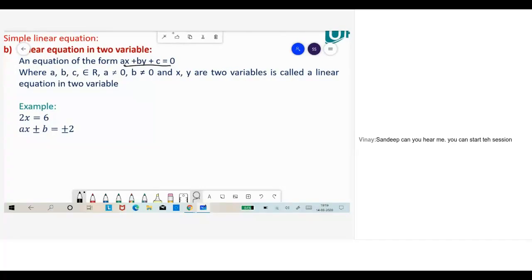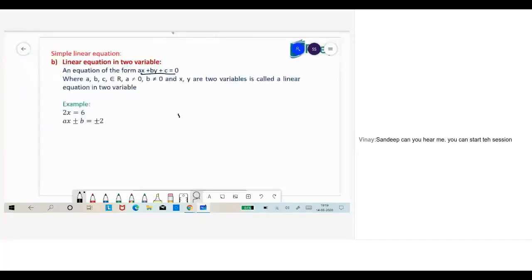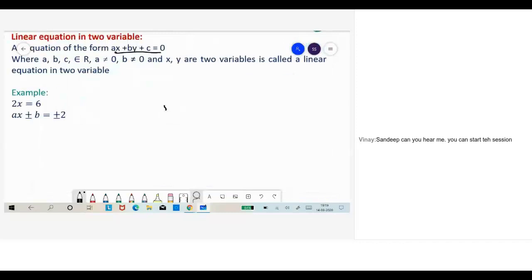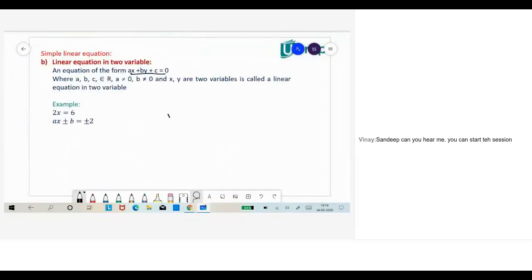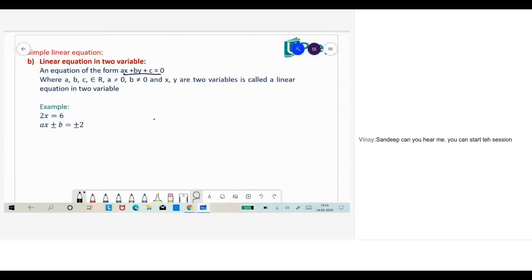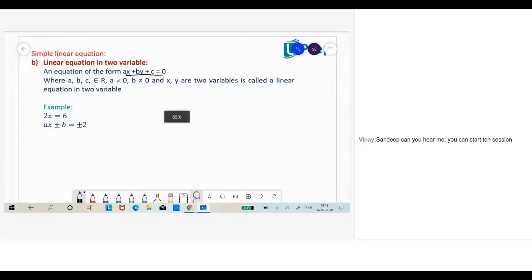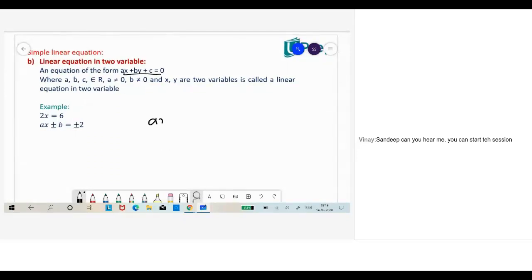Here, one thing to note is that a is not equal to 0 and b is not equal to 0. Now this is important. Why are we saying that a is not equal to 0, b not equal to 0? Just a second. In this equation, ax plus by plus c equals 0,